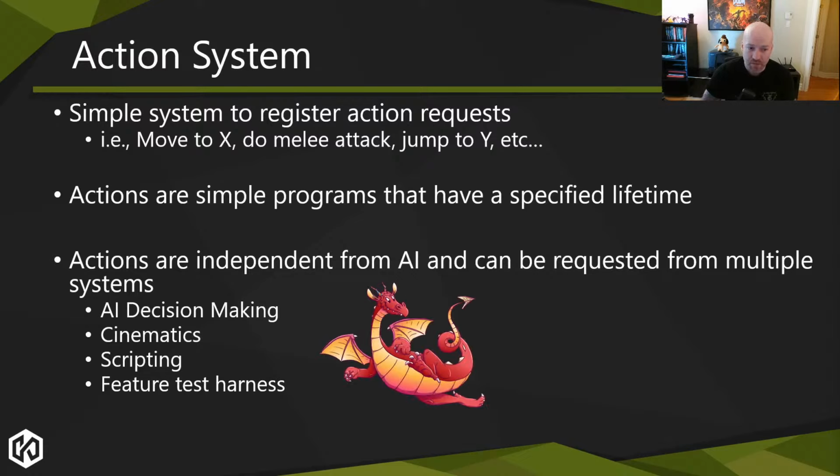That said, there be dragons here. Because this system is now accessible from multiple areas, you can occasionally get into a problem where multiple areas are fighting over it. For example, you're transitioning an AI from gameplay into a cinematic, and the cinematic system is now trying to issue actions while the behavior is still running and issuing actions. And you can get into a lot of trouble there. So you have to handle the transitioning of AI agents between systems much more carefully, and you have to have clear boundaries of who is in control of what and when.